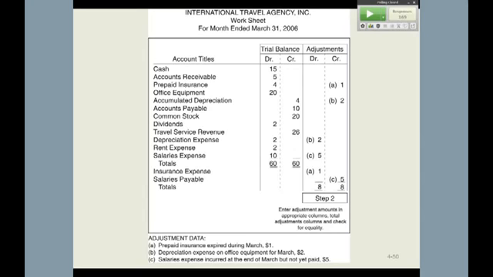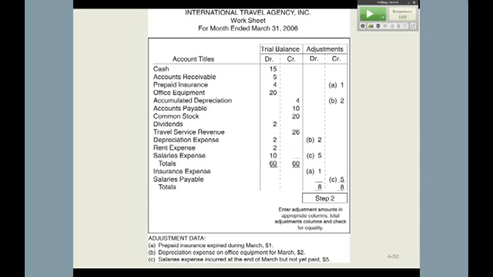And this again is one of the purposes of the worksheet. It really helps you with accuracy. Although the adjusted trial balance does improve the accuracy of debits and credits, assuming that those are correct, the rest of this process, with a lot of accounts, could be very difficult to keep track of. So we're actually in pretty good shape with the idea that we have a $4 difference on the income statement columns and a $4 difference on the balance sheet columns.